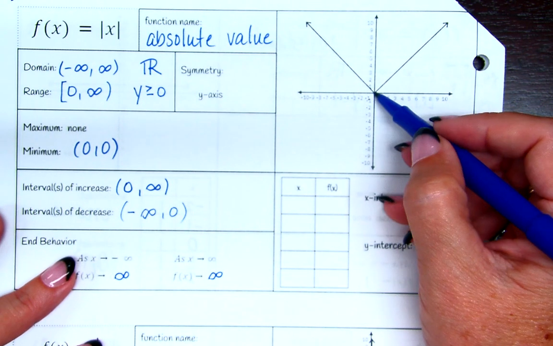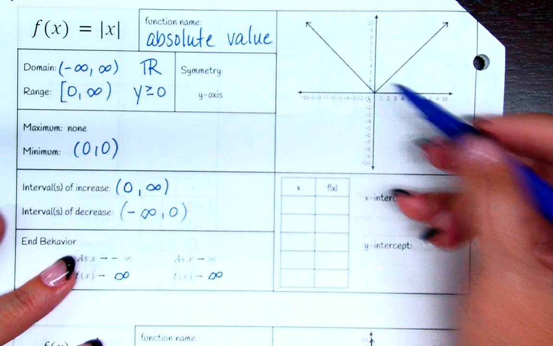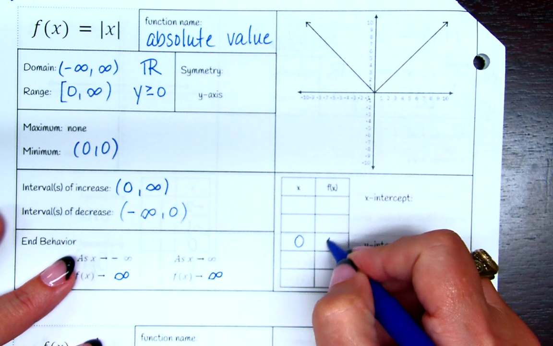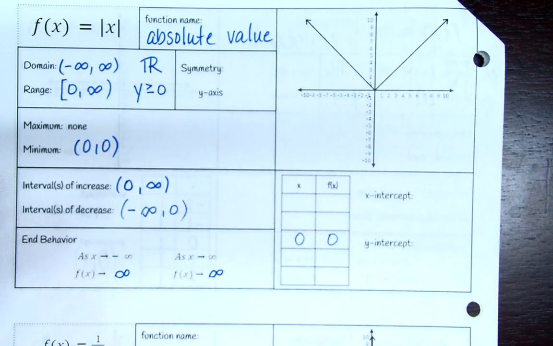The vertex, right? This point right here, 0, 0. How about if we put that in the middle of our table so that I make sure to have points